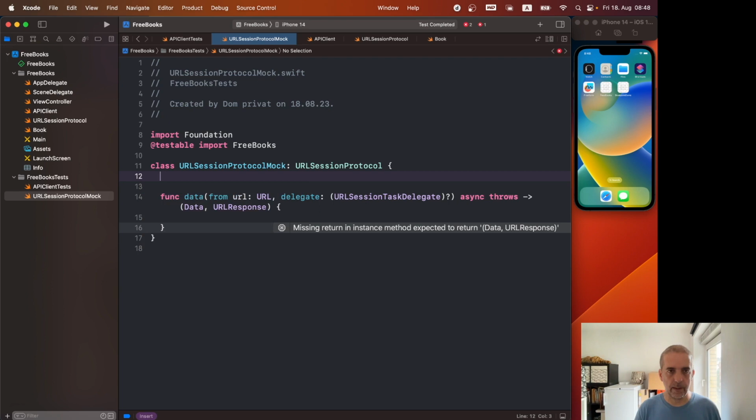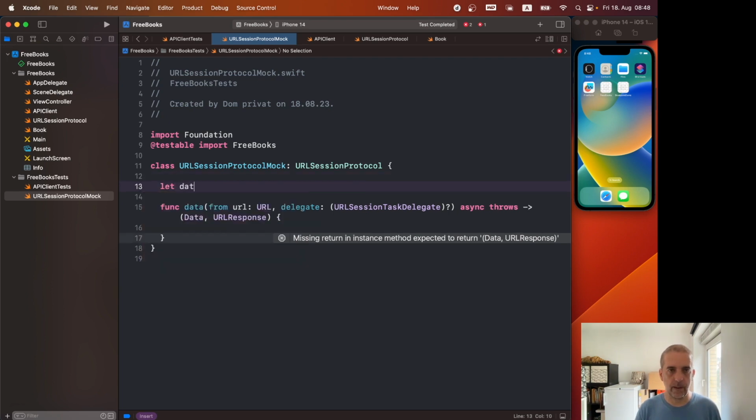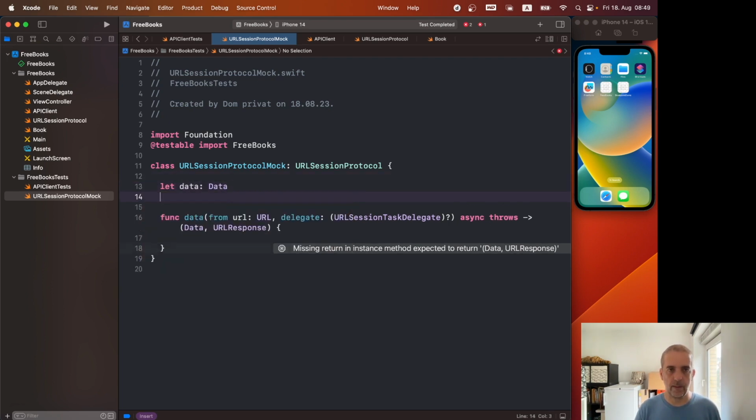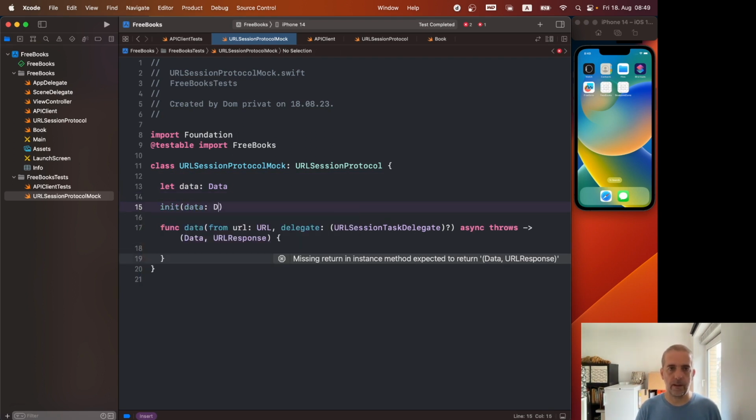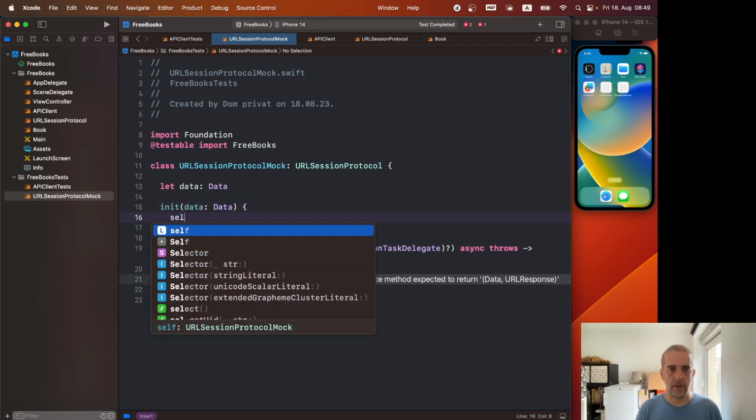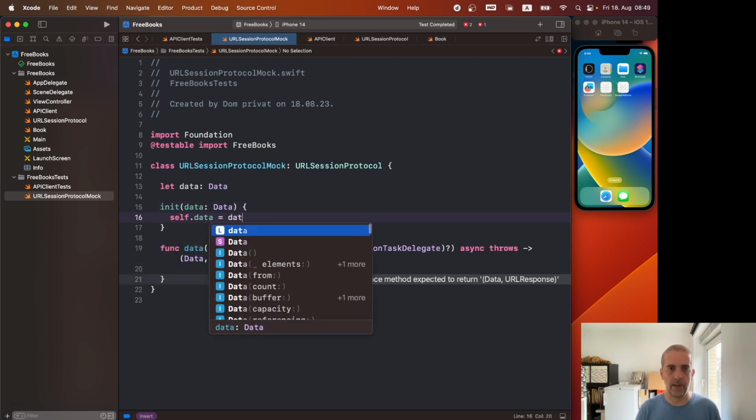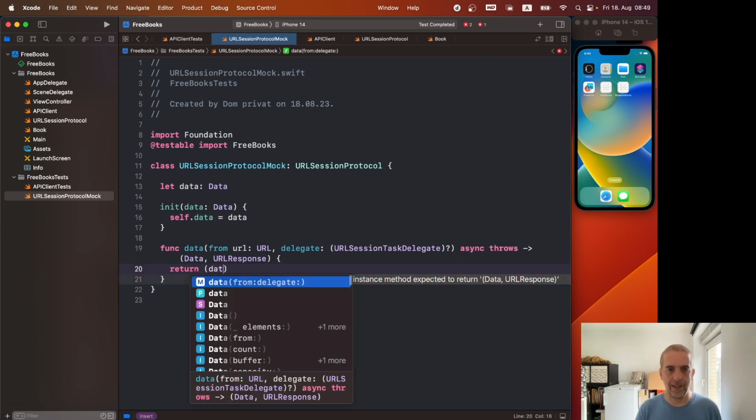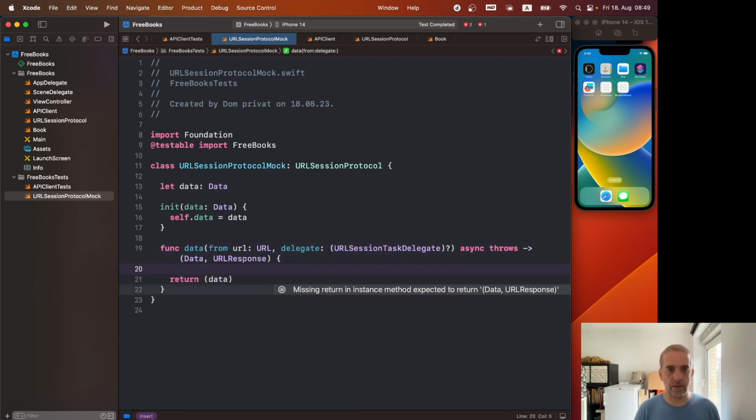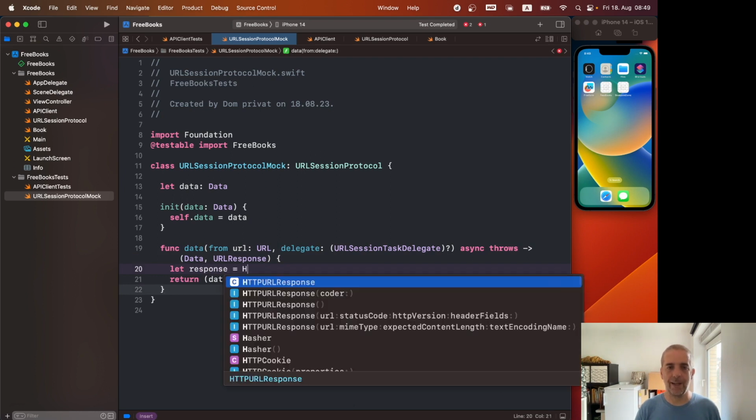I provide the data here, so let data, this is the data we want to return. Then we need an initializer, init data, self data is equal to data. So there we can control what is returned, and there we will now return the data and a URL response. And we create this URL response also here, with that response, and we make it an HTTP URL response